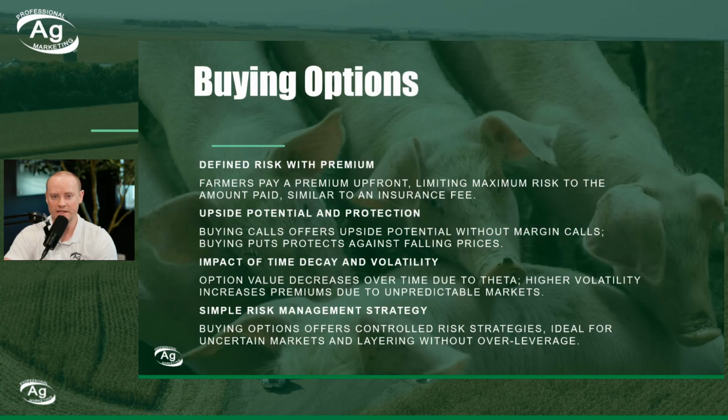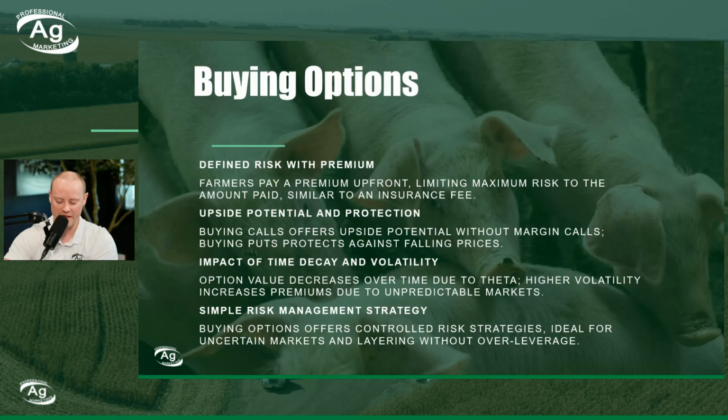One of the ways to really see this as well on just theta is if you look at option values ahead of a report, like the WASDE report, for example. There's a lot of volatility, a lot of things that can happen around a WASDE report. It'll lose a lot of time value through that WASDE report. So if you bought an option the day before and sold it the day after and you're at the same price, it may be worth a lot less the day after just because that time value escaped it a little bit.